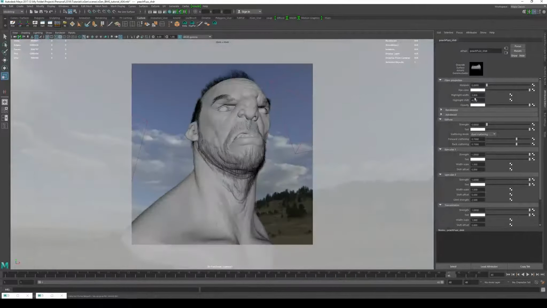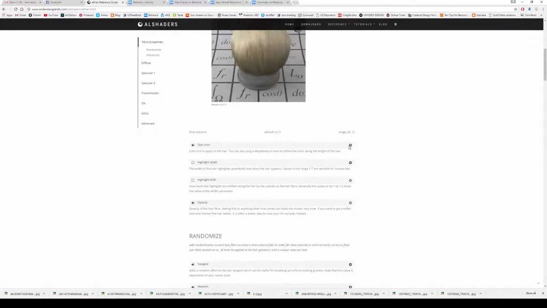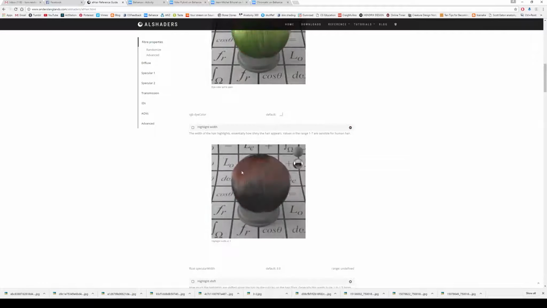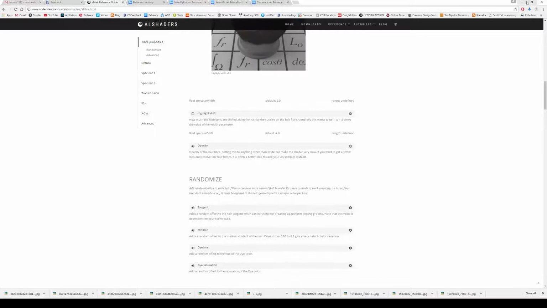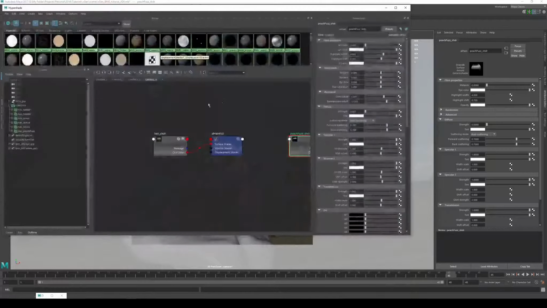And then the highlight width, if we increase this, so we'll take this up to like 0.7. If you read on that website I was showing you before, all this is information on what all the settings do, and it says in there that the highlight width should be roughly half of what the highlight shift is. So we'll set that up to about 4. And that's going to diffuse them a bit, because I don't want them to have a really tight specularity on the peach fuzz. Now if we go to the other hair,